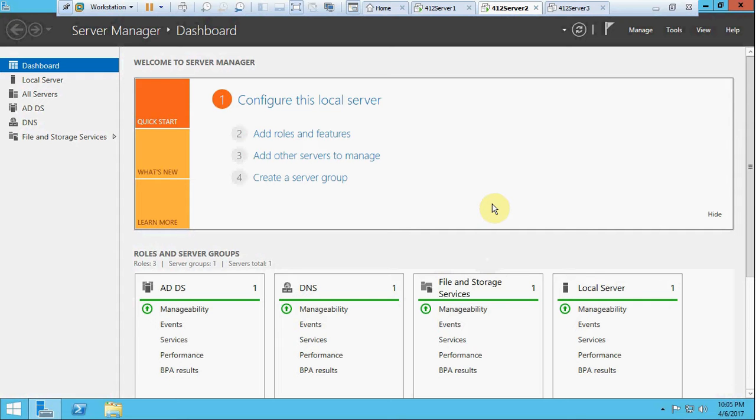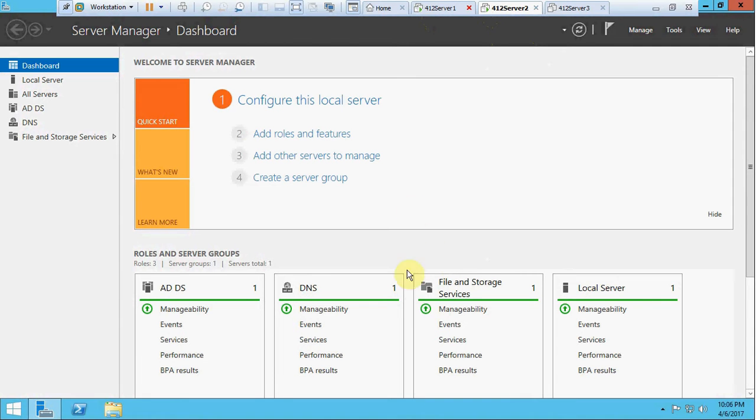The objective of this video is to create a new forest, and to do that, I'm going to need my server 1 and server 2, and I am logged into my server 2 as an administrator. A little bit of background: I want to create a new forest. I'm going to be using my server 2 as the DC for the new forest root. But first I need to demote my server 2 and then promote it, choosing the option to add a new forest. And then I'm going to rename the forest to